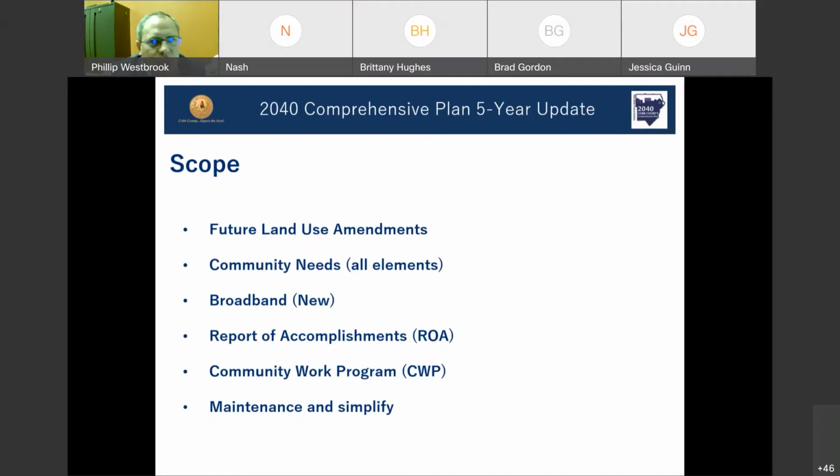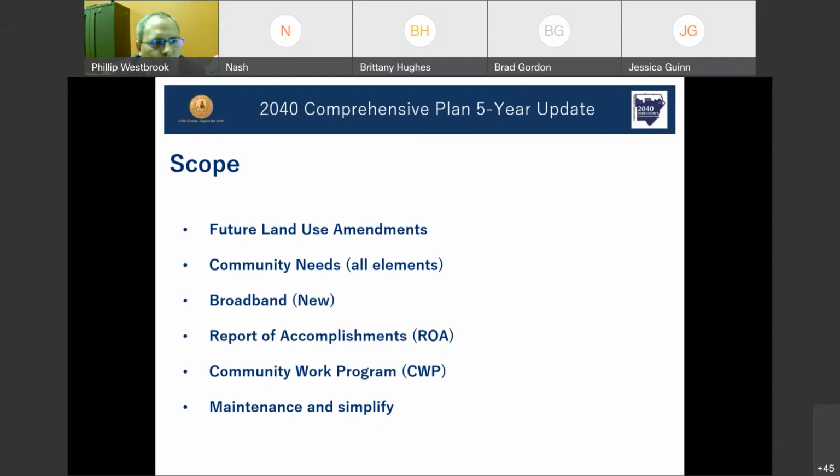Then there's also a 10-year update, which is a complete overhaul of the comprehensive plan. That is essentially rewriting a brand new plan. This was done in 2017, which took a look at our 2007 comprehensive plan, and we essentially overhauled it and created this 2040 comprehensive plan. And then finally, what we are here tonight for is our 5-year update. This is a limited scope